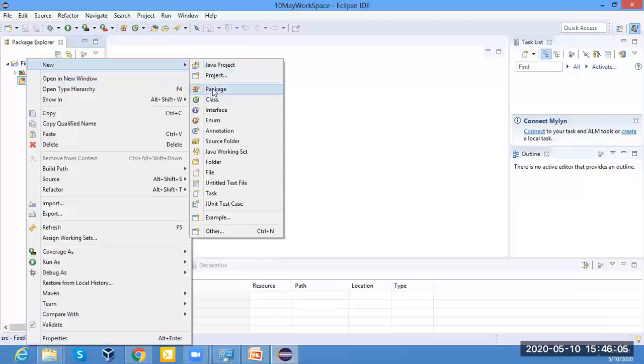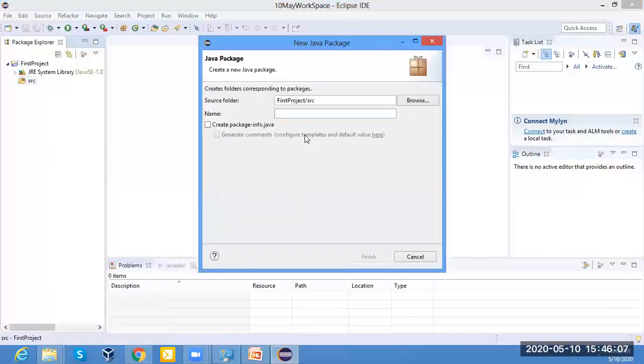In this there is a package option. Now inside the source folder we are creating the package. It means that it is our first Java project, and inside this there is a source folder, and inside that source folder we are creating a package. Now let us give the name of the package.